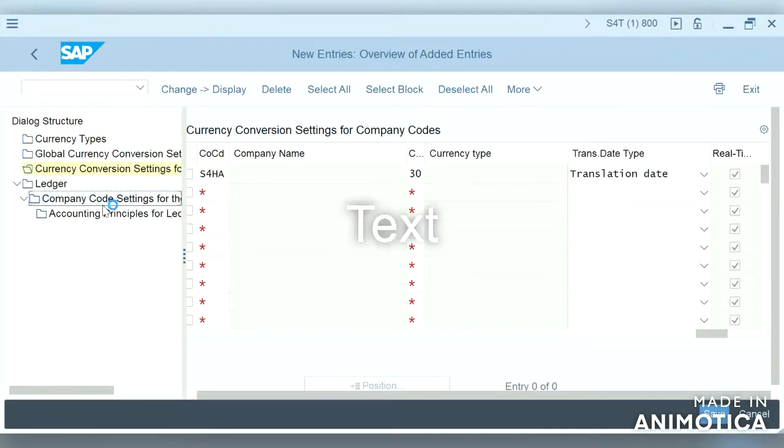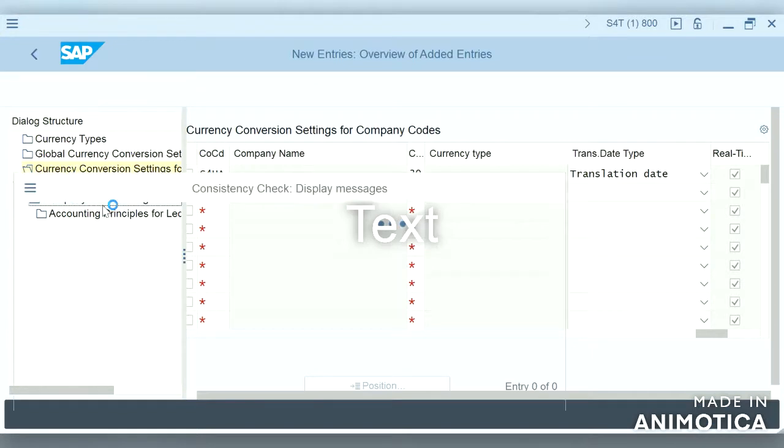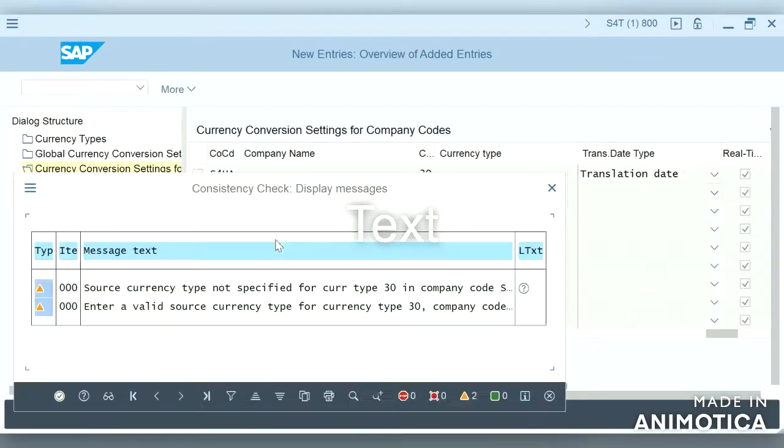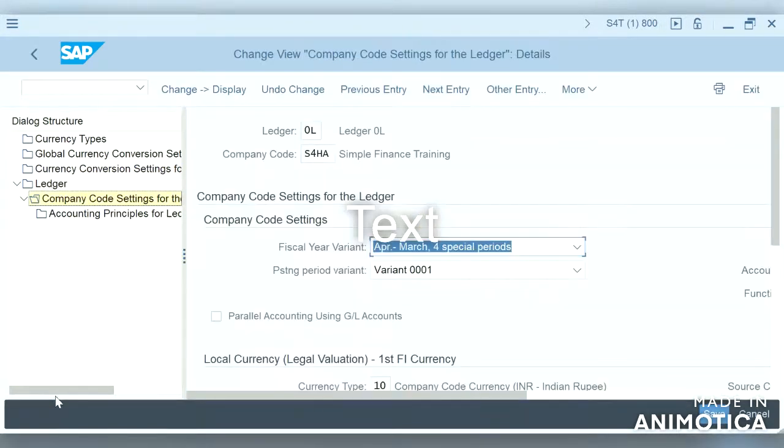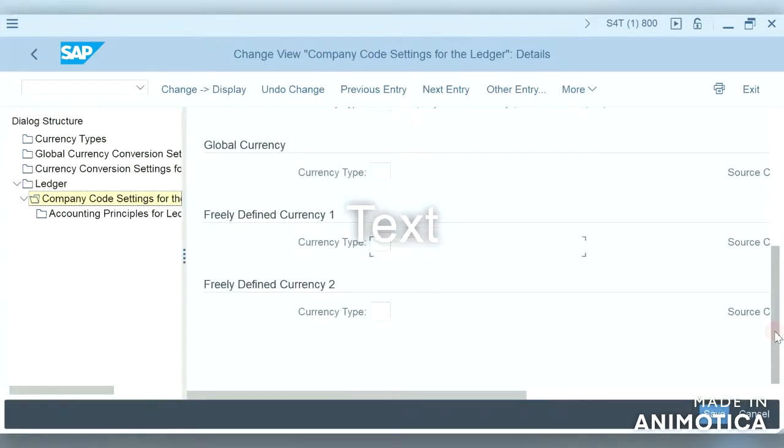If we see here, company code settings for the ledger, actually I haven't saved it. I have to show something to you before saving it. And if we go here, we drop down in the currency type.